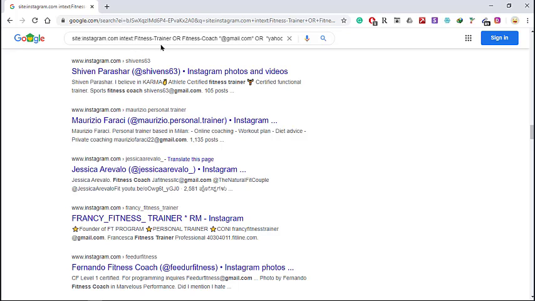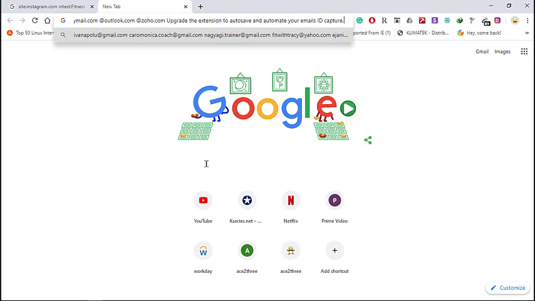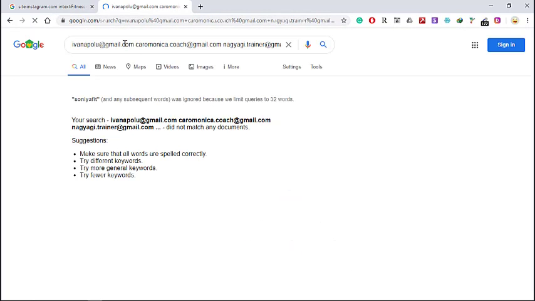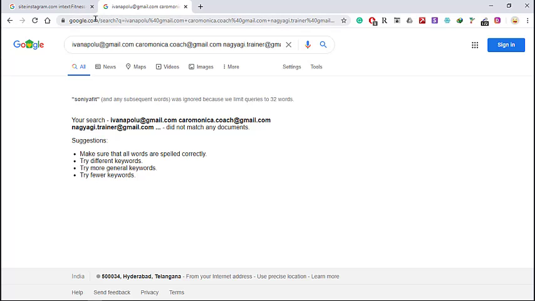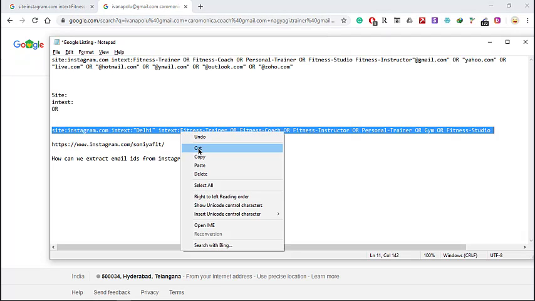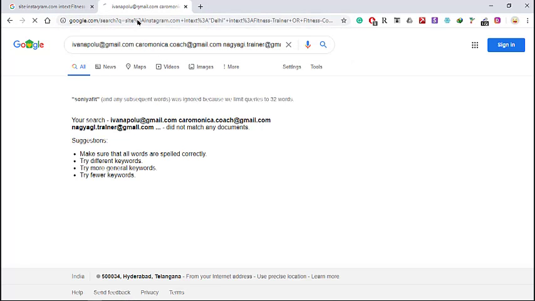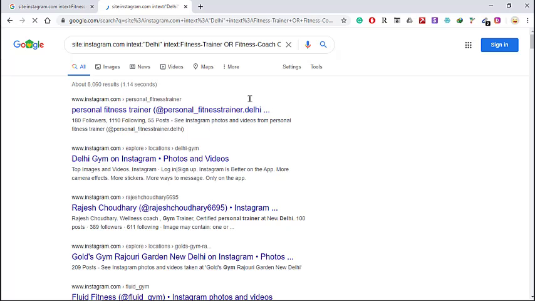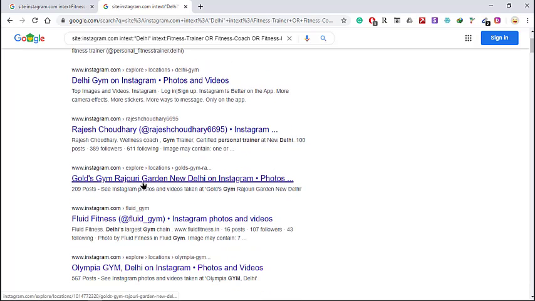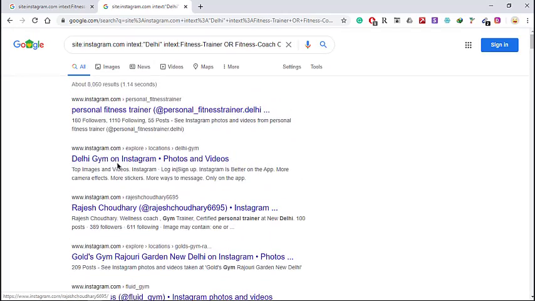We also need profiles to message directly. I'm sorry, it didn't get copied. Okay, now let's see. It's the same string. So now I have profiles of each of these trainers from Delhi. I have given a location called Delhi here, and I have given keywords as fitness trainer or fitness coach or fitness instructor.